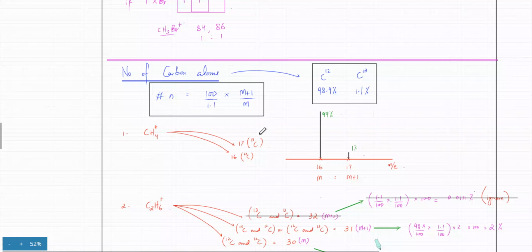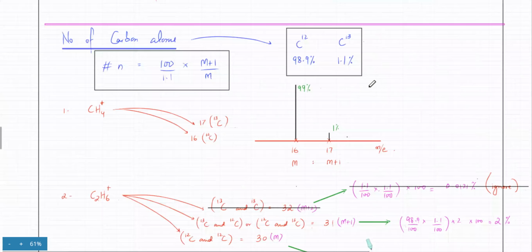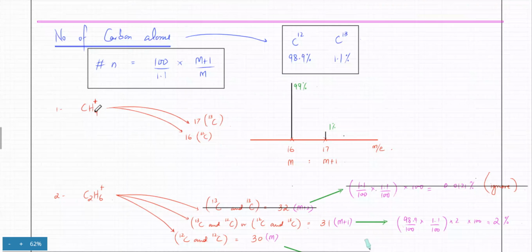But carbon also has an isotope which is 13, and it has a very tiny probability of 1.1%. And there are chances that you might get carbon 13. So if a CH4 molecule, most of the time it's going to have a mass of 16, because carbon is 12. The probability is 99%. But there could be chances that one of the carbon is 13. So you could get a mass of 17, but the probability of that is very low.